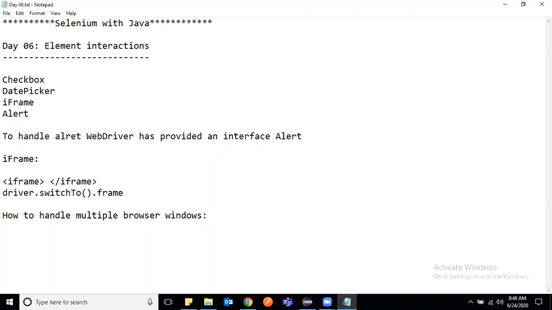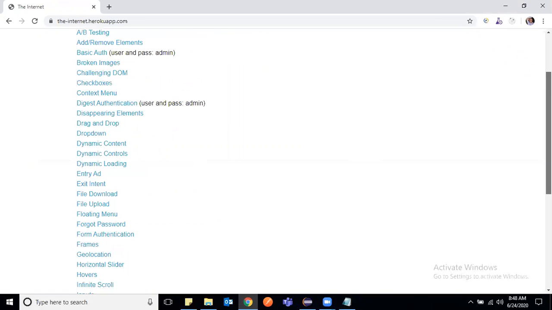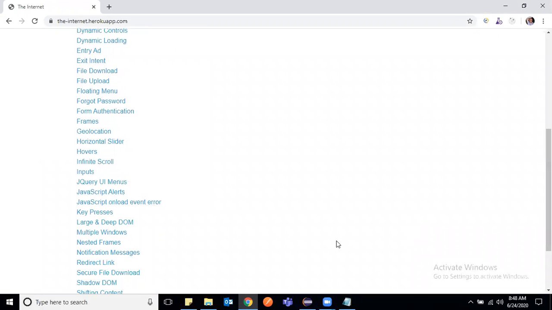When you work with a browser, there may be some link that, if you click on it, opens a new browser window or tab. Let me give you an example from here. If I click here, it will open a new tab.